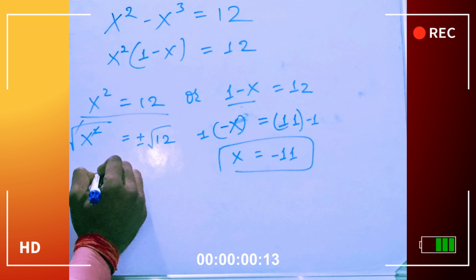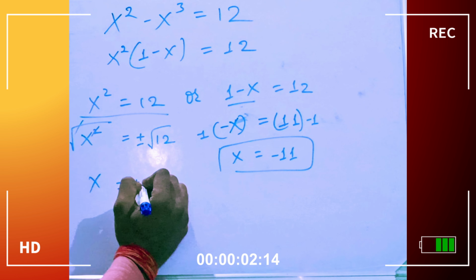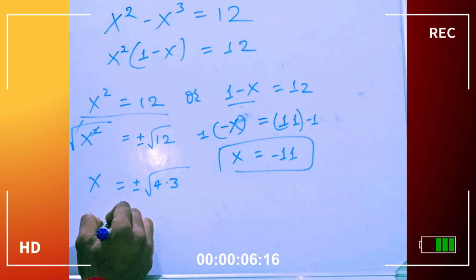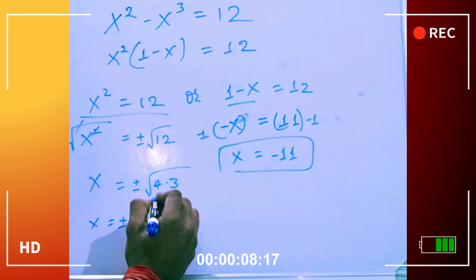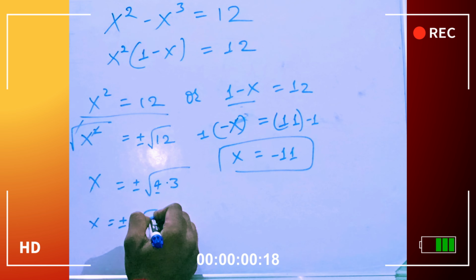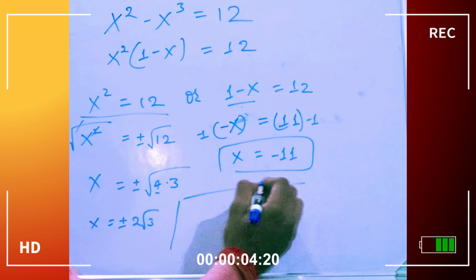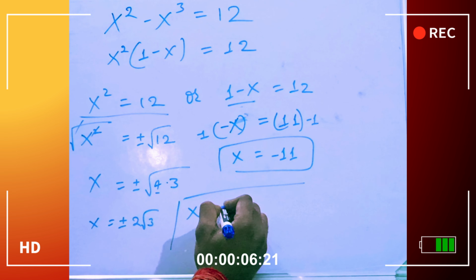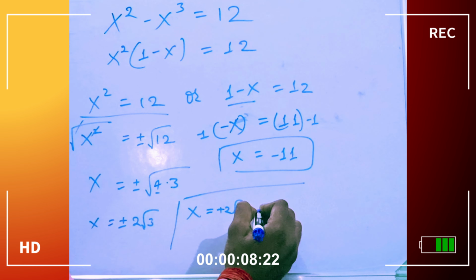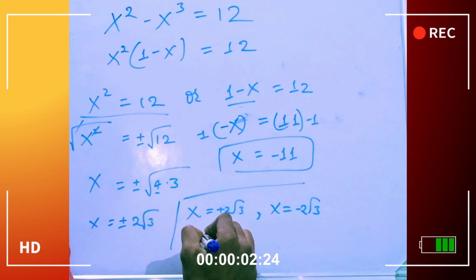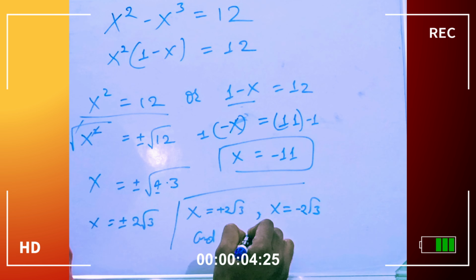This cancels out, x is equal to plus minus root 12, which can be written as root 4 times 3, or x is equal to plus minus 2 can be taken out, so 2 root 3. Therefore the three solutions that we got are x is equal to plus 2 root 3, x equals minus 2 root 3, and x is equal to minus